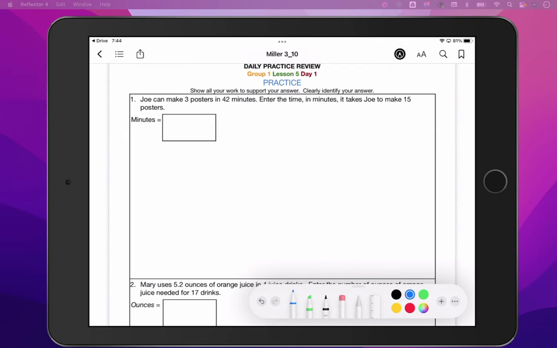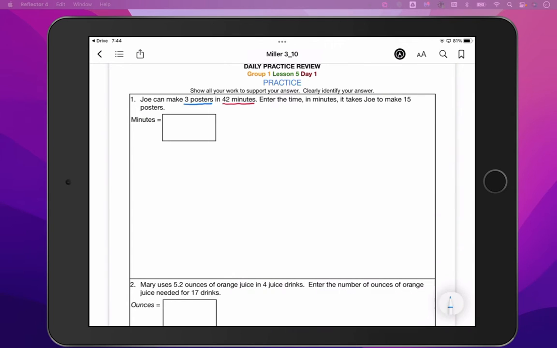And so again, all we need to do is identify the 2 things that we're going to be comparing in our proportion. It looks like we'll be comparing 3 posters to 42 minutes. And we are asked to enter the time in minutes it takes Joe to make 15 posters. And so again, these are backwards on the second one, so it helps me a lot to underline them with